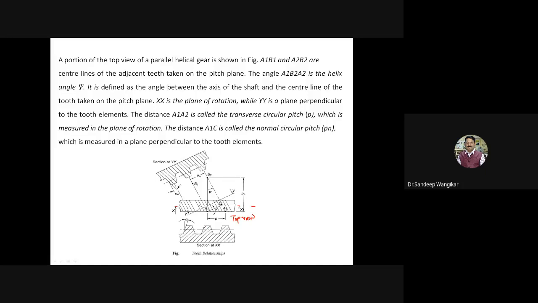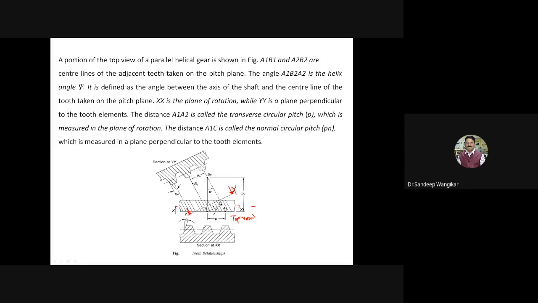And if you see, the teeth are cut at an angle, see here, I am showing by this line. So the teeth are cut at an angle. And if I cut at a plane perpendicular to the teeth, see here, the plane is here, perpendicular to teeth, then I will get this section Y. For a spur gear, whether you cut in a straight way or in another way, the section will be the same. In this case, the section will not be the same. Here it is mentioned alpha, here it is mentioned alpha n.